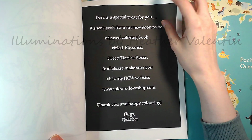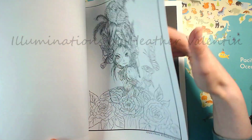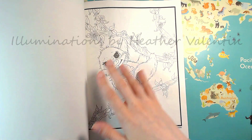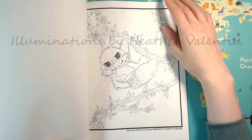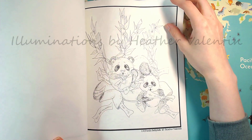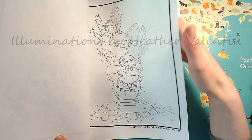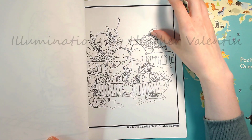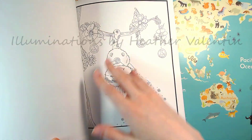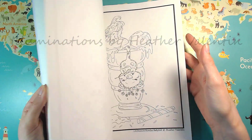And then in the back you get a couple of freebies from other books. And this is more of her style. These cutesies, pandas. They're so sweet. There are a lot of freebie pictures, so if it's also your style, you get those extra. I absolutely love the pandas. Actually, when I went and bought some pictures digitally on her...